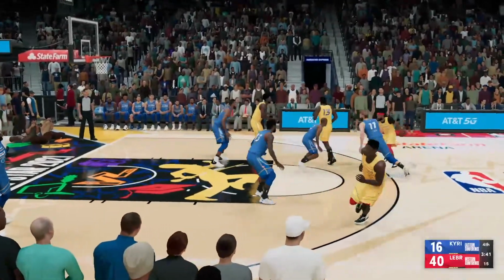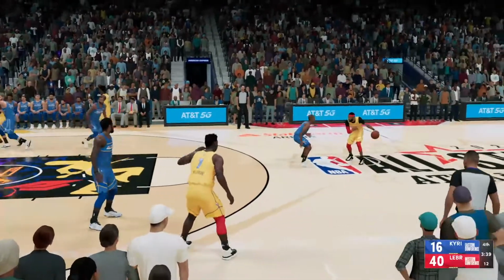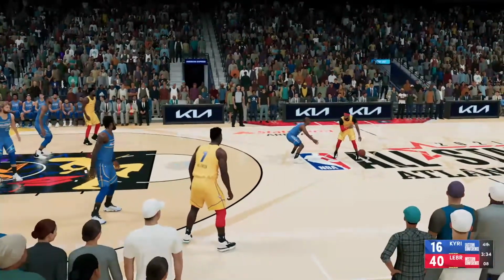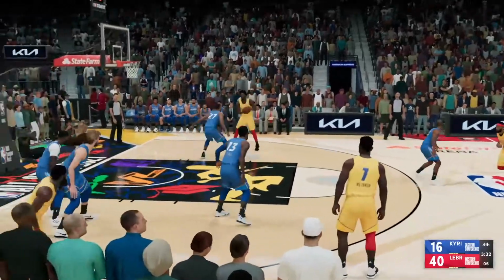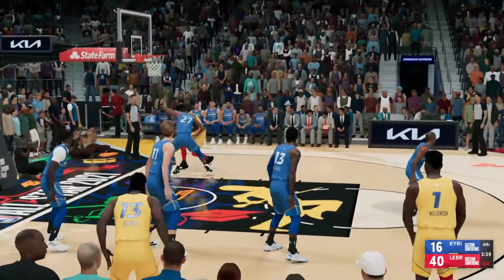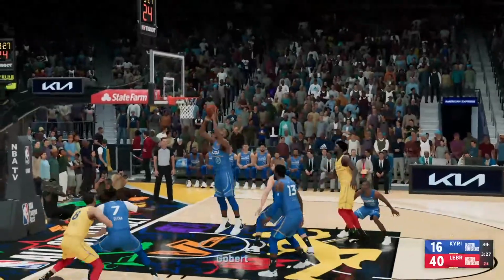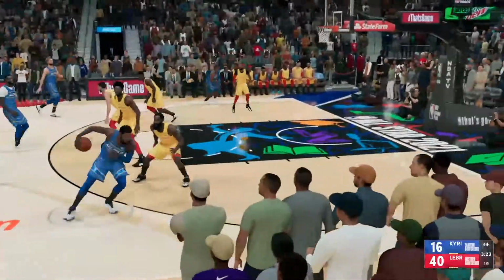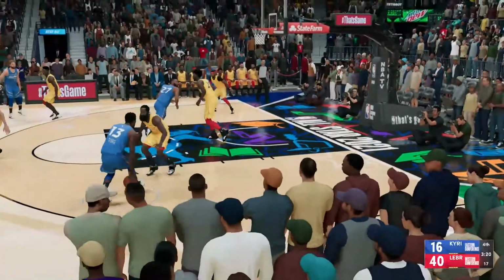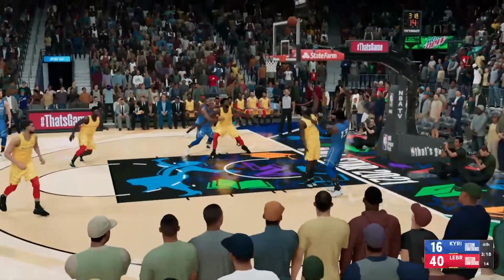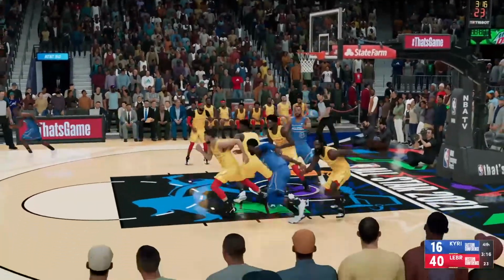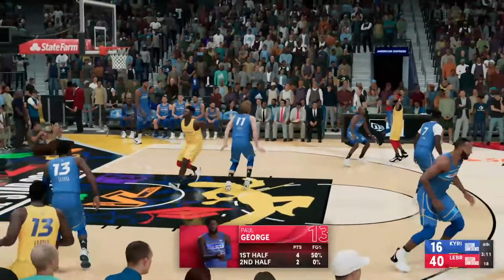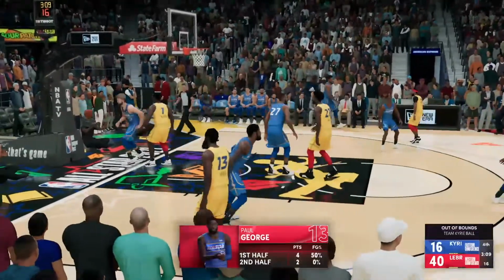Pass to Conley. Pass to Embiid. West All-Stars with the rebound. Gobert's got his 4th rebound with that last one here tonight. Here's George. Gobert trying to get open. George, no good. Well, I don't think he's performing up to his own expectations, but they still find themselves out in front. And that's out of bounds.